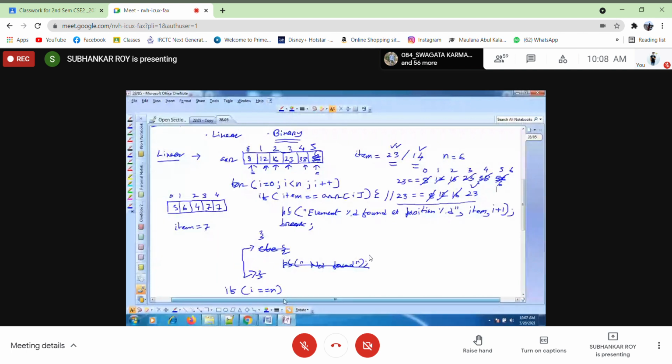What I mean to say, linear search has no such criteria. Whether the elements are in sorted order or not, you can apply linear search. You can note it down also.